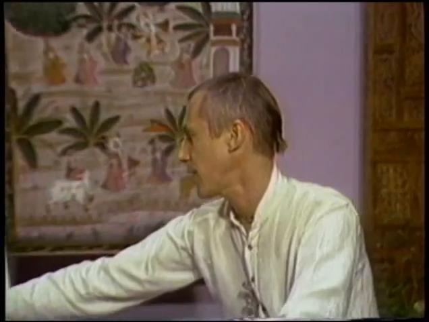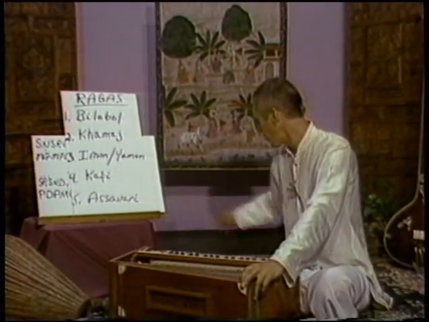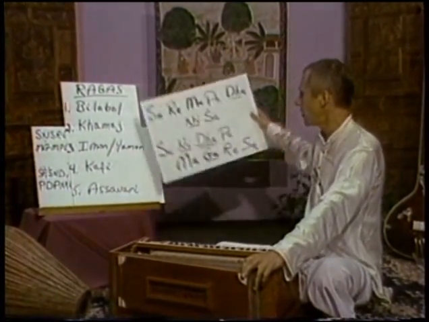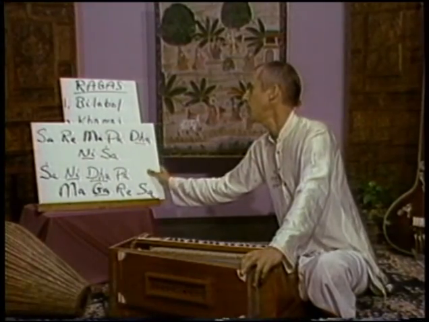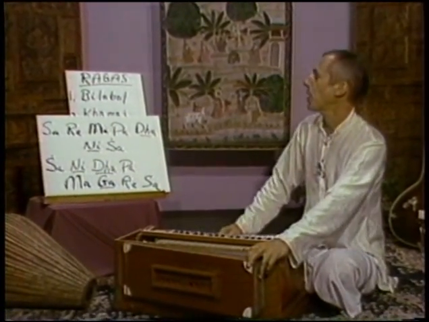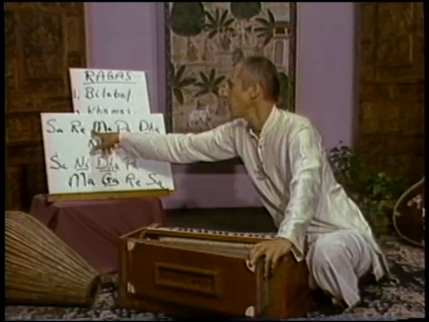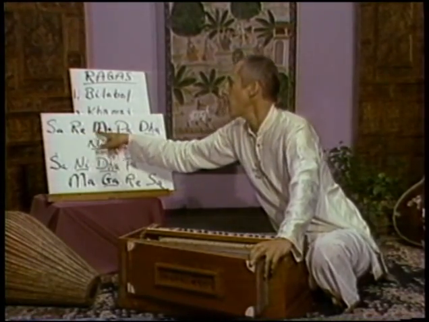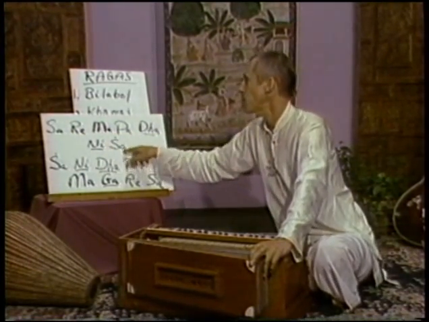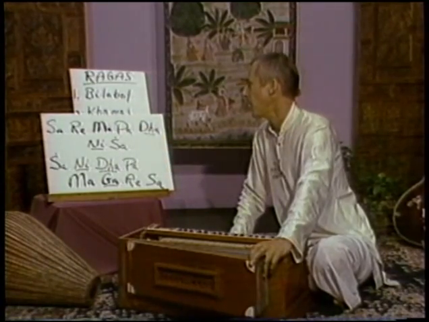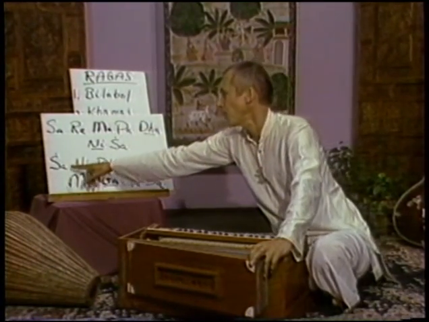So also I'd like to introduce in this lesson a new raga, and that's Raga Asavari, down here, and I'll show you the notation on this card here. Going up, we have an interesting thing. There's no ga in the going up. Sa, re, ma, pa, da, ni, sa. So there's only 6 notes going up and 7 notes going down. The full notes are going down.